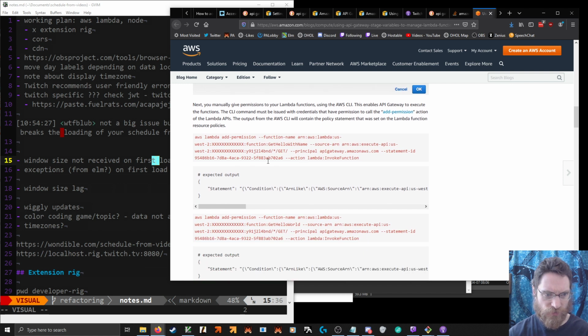Statement policy value is set in the Lambda function resource policies. Lambda function, US West something. All stages get. API gateway, statement ID. What's the statement ID?